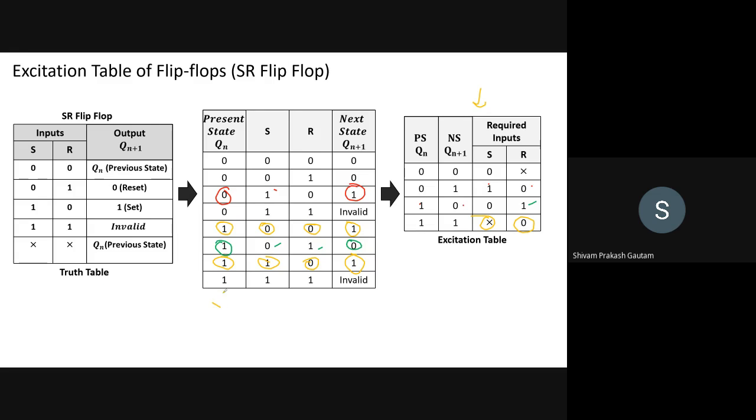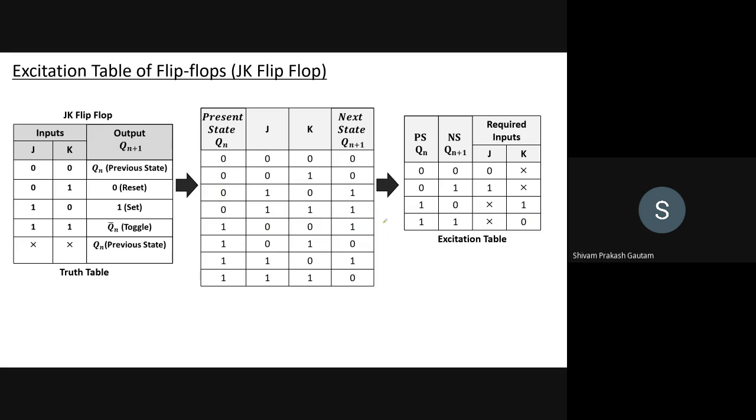This is called the truth table, and these are the excitation table for the flip flop. In the exam, you can design your own. It is quite easy, so you can design by your own, right? There is no need to mug up these things. Everything is logic, okay? Similarly, the truth table for JK flip flop, you can see past state and future state.